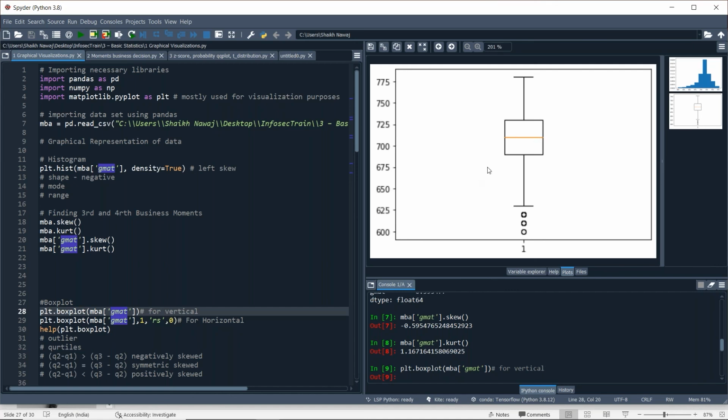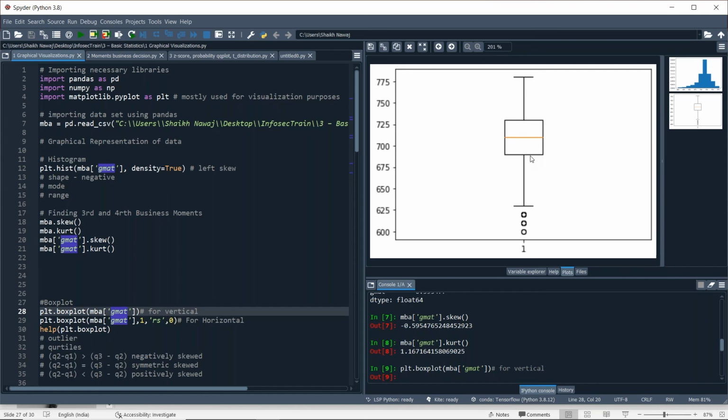Now why are we finding Q1, Q2 and Q3? To find the different percentages and their intervals. From the minimum value to this line, 25% of the observations lie in this range, from 630 to about 690.